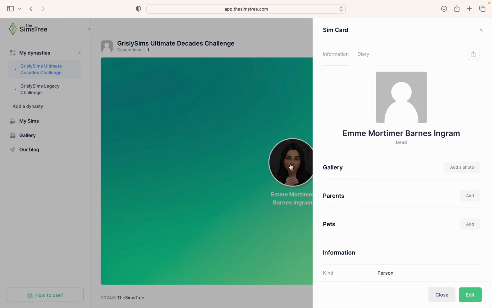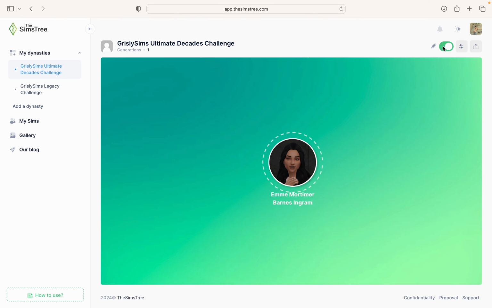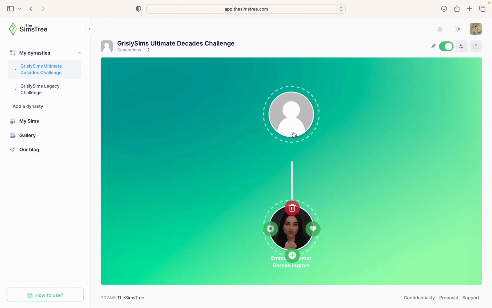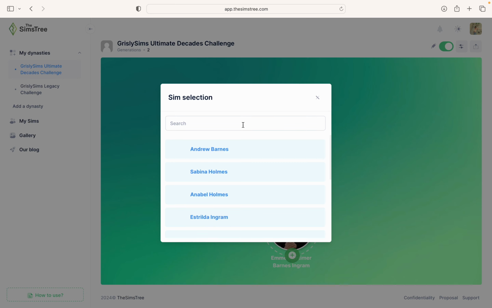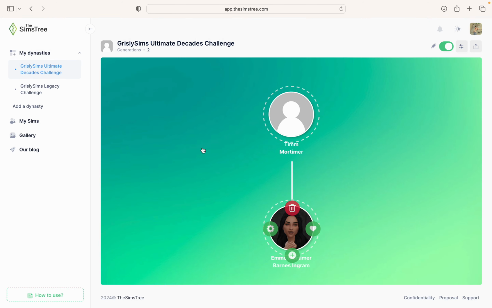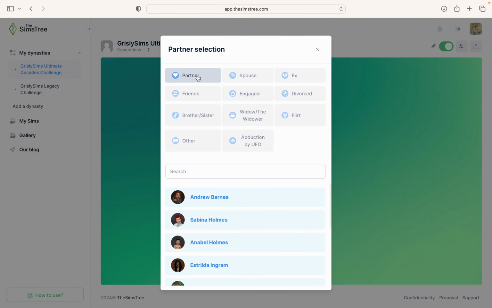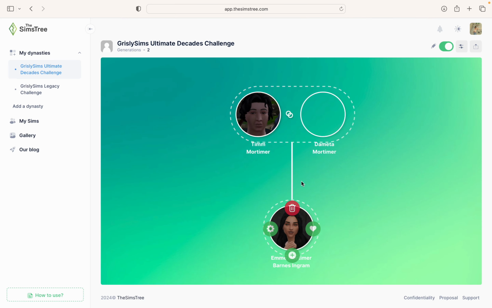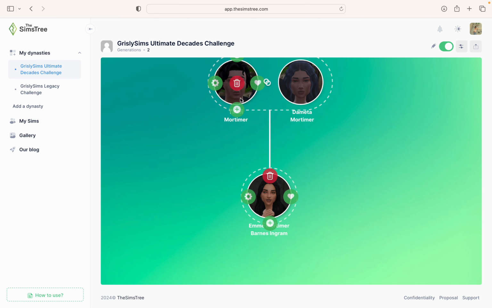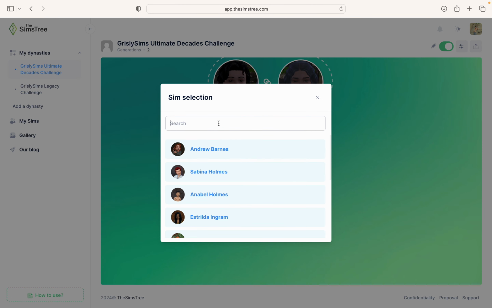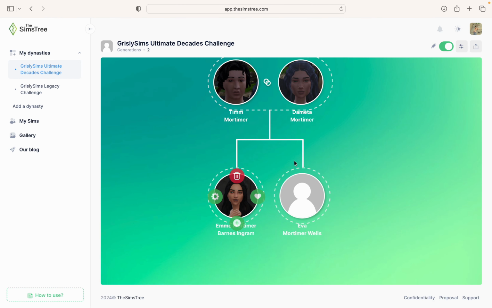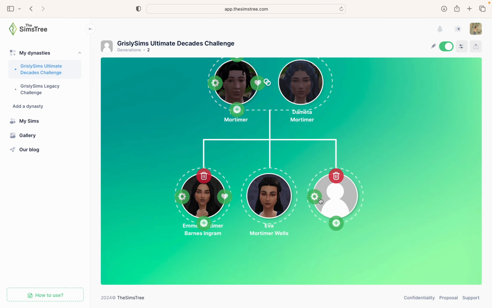So what we're going to do, well, first we have to turn edit mode on. Right up here in the top right, we're going to add a parent, okay? And we are going to make this sim Tim Mortimer. I'm going to add a spouse for him, and this is Demetta Mortimer, okay? And they are going to have another child, and this is Eva Mortimer Wells, and another one,